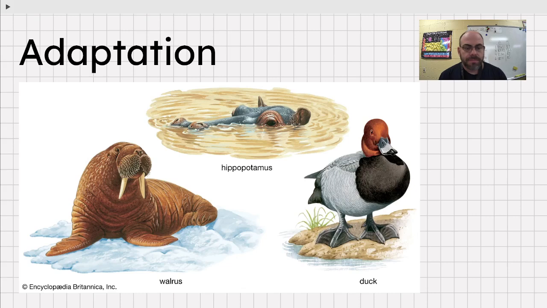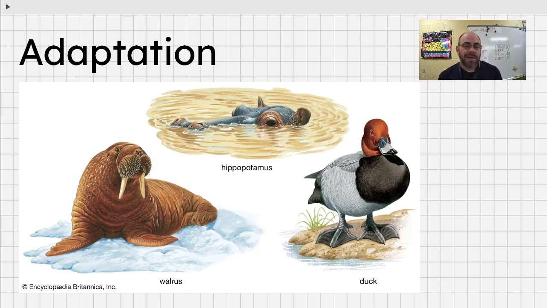Let's look. What is an adaptation? It's the process by which organisms become better suited for their environment. So if you want to use it as a noun, an adaptation is something that causes or allows an organism to be better suited for the environment they live in. This is brought about by variations in genetics, which is ultimately brought about by changes in the genes. And again, it's not something that the organism chooses, rather it is something that happens and then they become better